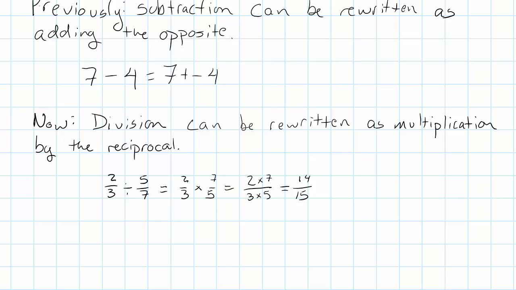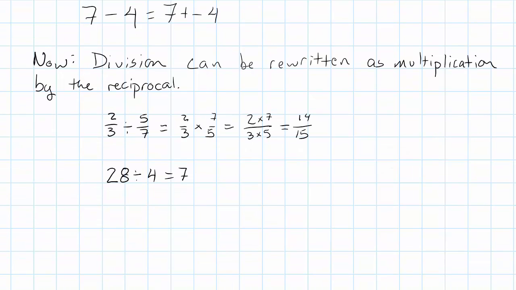Okay, so that's cool for fractions. What about whole numbers? Like we know that 28 divided by 4 equals 7. How could we rewrite that using multiplication by the reciprocal? Well, first we need to remember that every whole number can be written as a fraction with denominator 1. So this is 28 wholes divided by 4 wholes. And now we're ready to actually think in terms of reciprocals. 28 wholes times